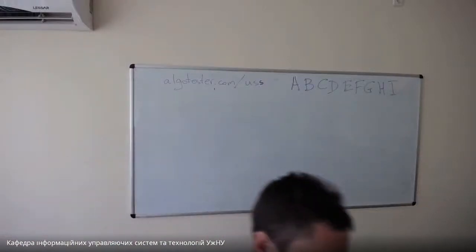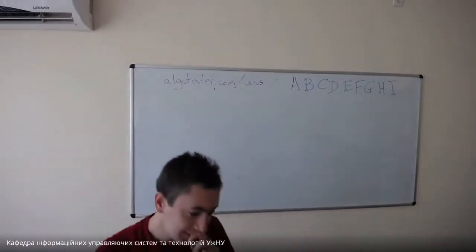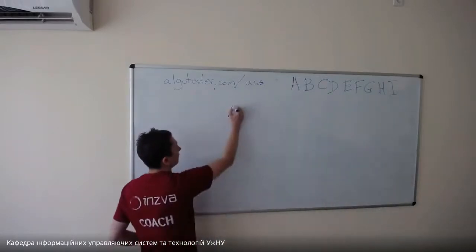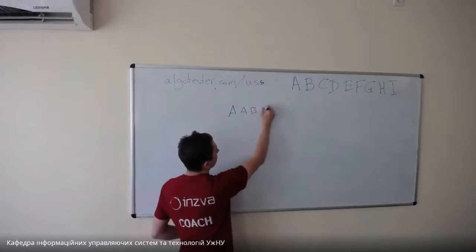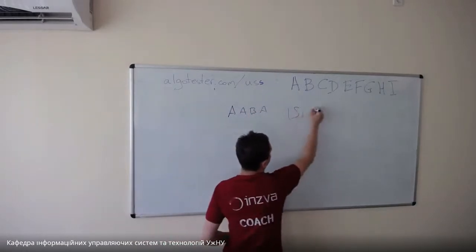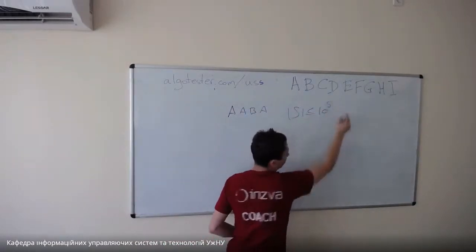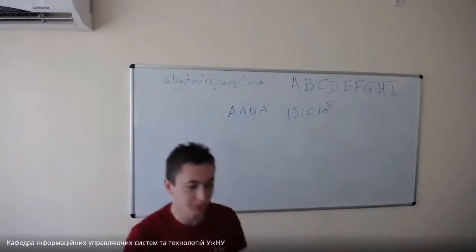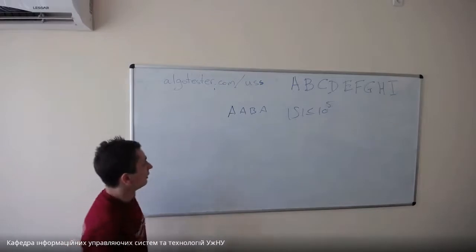Okay, so the easiest problem of the contest was problem A. We were given a string of A's and B's. The length of the string was less than 10 to the fifth. And the only operation we were able to do is